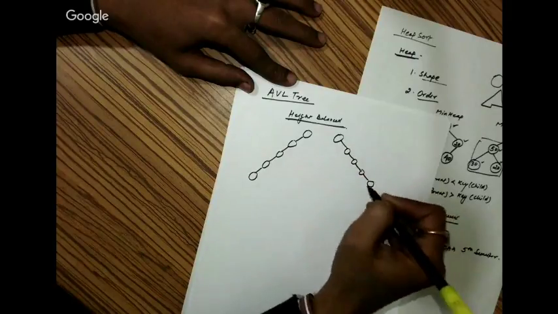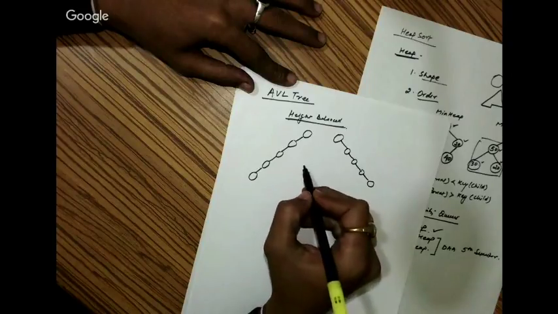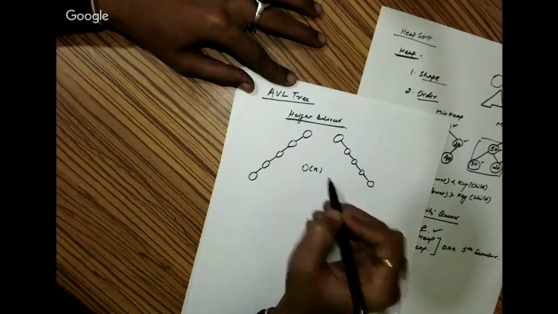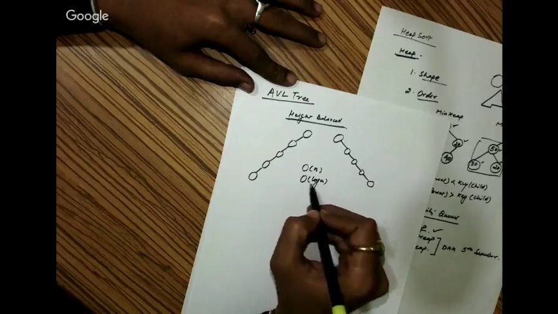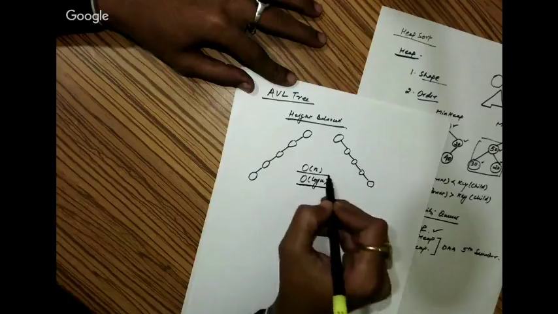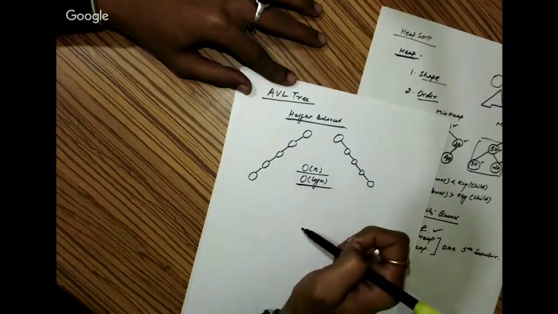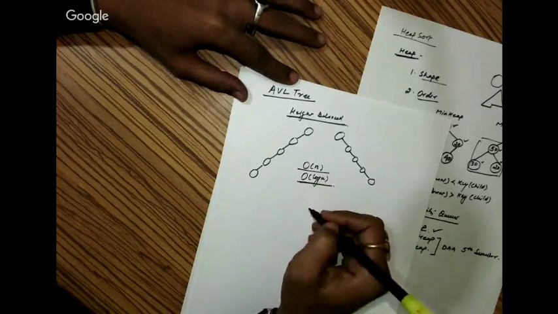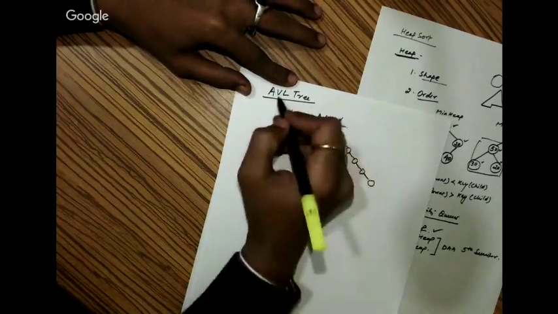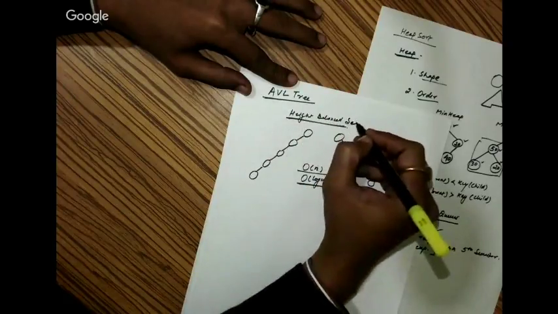And if you're going to perform any of the binary search tree operations in a skewed tree, complexity comes out to order of n. We were expecting it to be log n, but it is going to be order of n because the tree is getting skewed. So we need to apply a check such that the tree doesn't become skewed at any point of time, and the resultant tree will be the AVL tree. So AVL trees are height balanced search trees